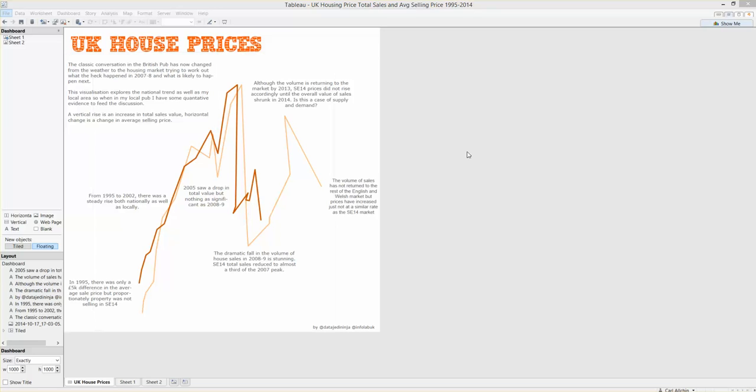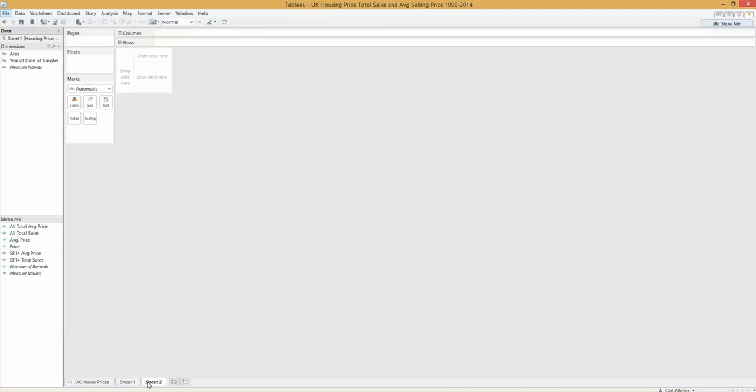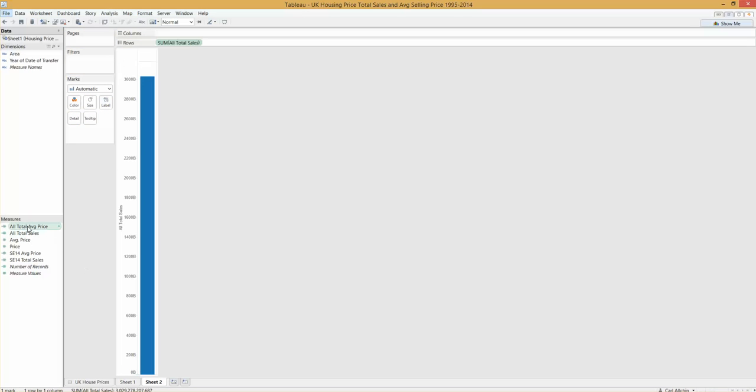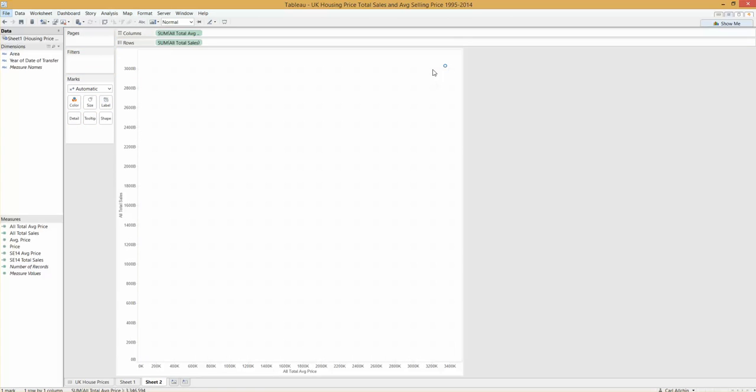Hi everyone. So how did I create my connected scatterplot, the thing that I've always wanted to do but never found the right data set for? Well, all it is, as it kind of gives away the hint, is a scatterplot. So let's show England and Wales, total sales and then the average sales value, and that's where we get to,